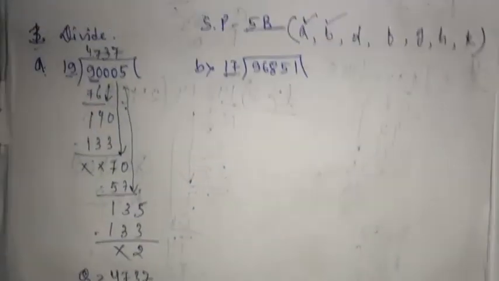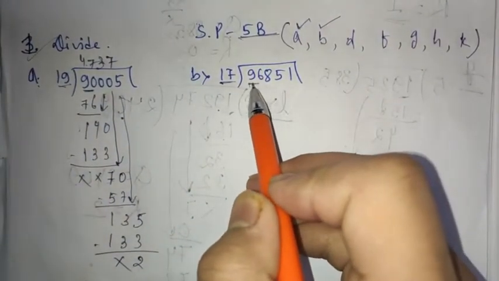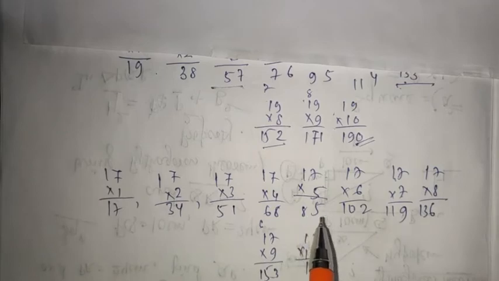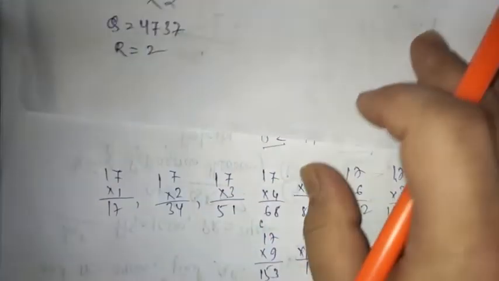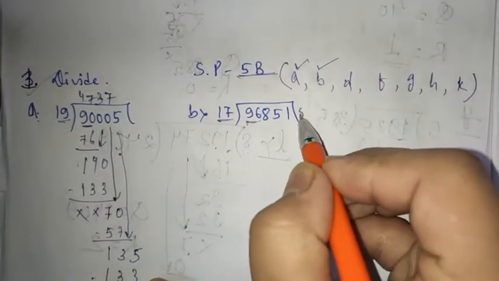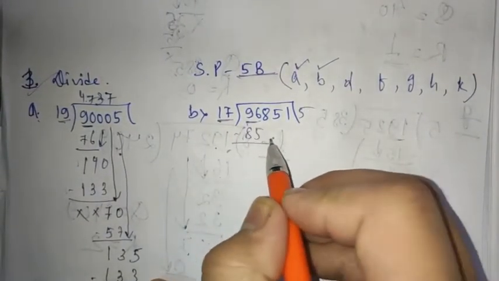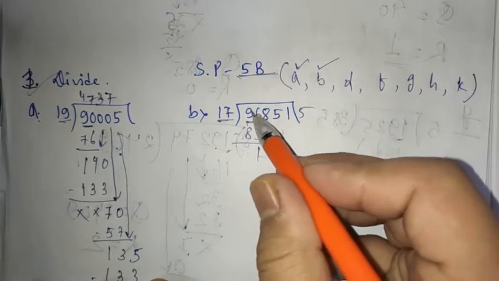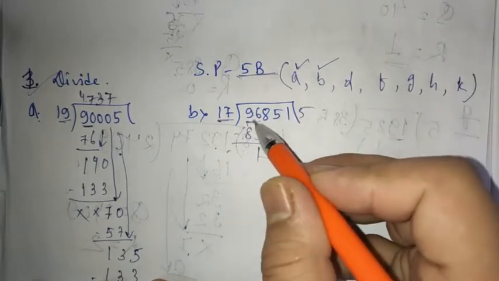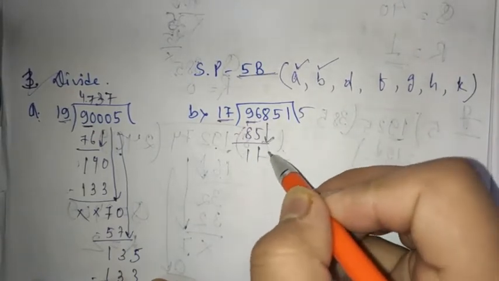So student, here I have made the rough multiplication for the 17. So what was your number? 96 first, 2-digit number 96. So where is 96? Follow. 96 is not possible, but 17 5s is possible, which is 85. Right? So 17 5s, you can write here 17 5s is 85. So minus 8. 6 minus 5 is 1 here. So 9 minus 8 is 1. So 8 can be moved down. So 118 is your target now.